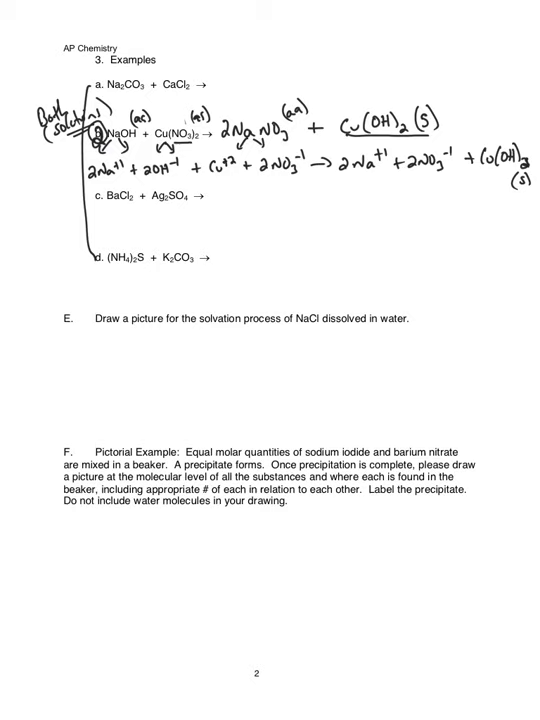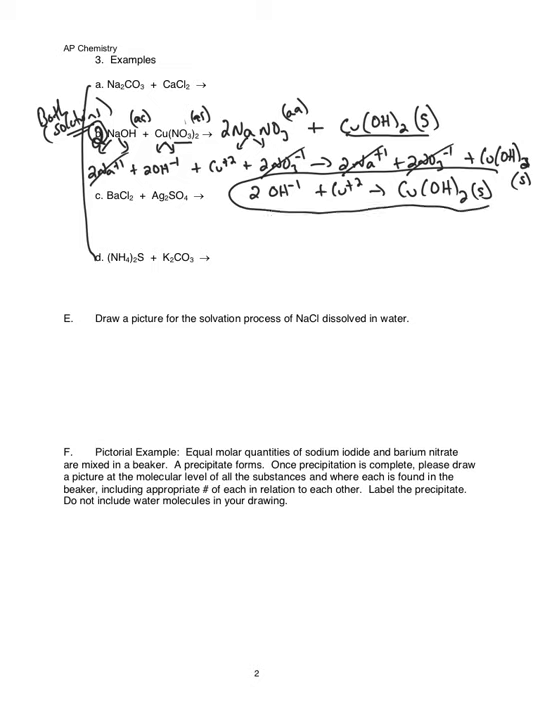Okay, are there any spectator ions? The sodium and nitrate ions are exactly the same on both sides of the reaction. So 2 hydroxide ions and a copper ion is going to form copper 2 hydroxide precipitate. And right there is an example of another net ionic precipitation reaction, where the ions come together to make the